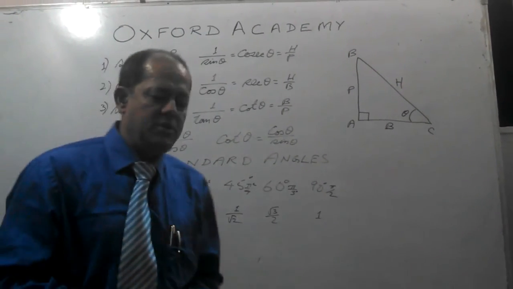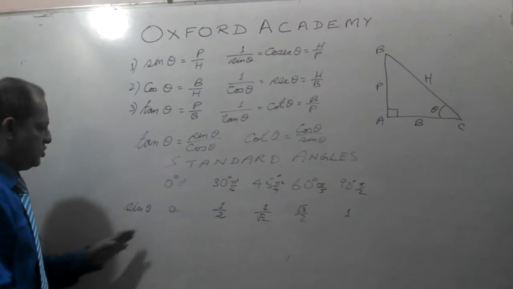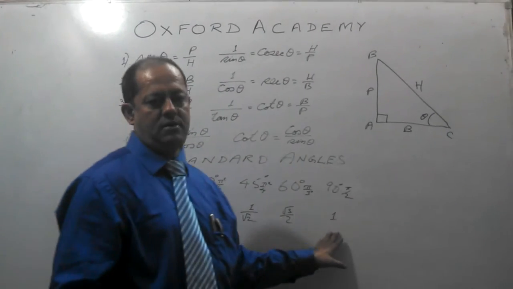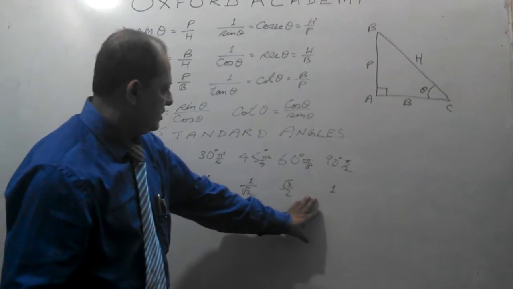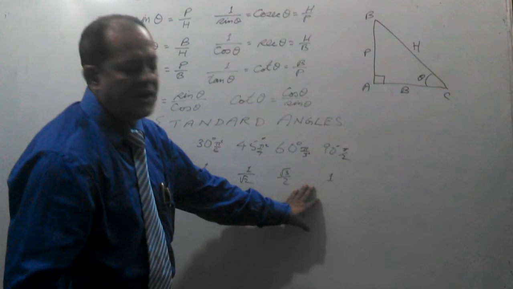Although all of you might be using calculators, you must remember all these values of the standard angles by heart. You can repeat after me: sine 0 degree 0, sine 30 degree half, sine 45 degree 1 by root 2, sine 60 degree root 3 by 2, sine 90 degree 1. Every day when you get up, please practice this, because from these we will be deriving the other ratios,